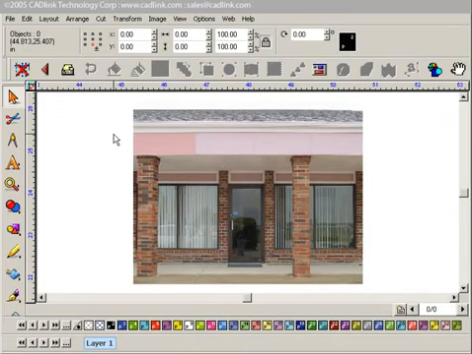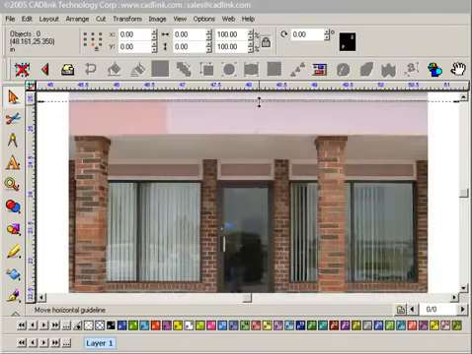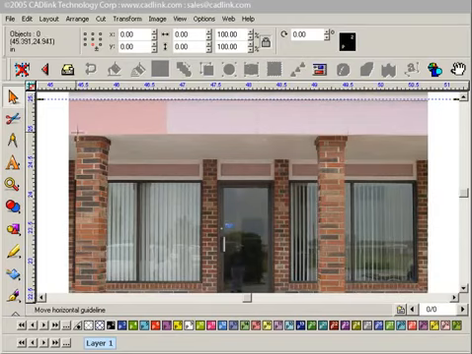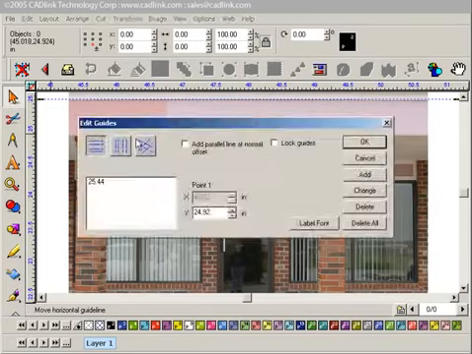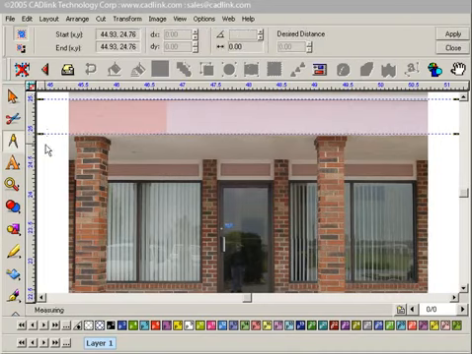So to start off, I'm going to want to add some guidelines to my image. So I'll right click, click OK, and just position this at the top of our working area. And I'll right click to add another one and position it at the bottom of our working area. So having done that, I'll want to select my measure tool flyout and choose measurement. And I'm going to left click on the top nub, and I'm going to left click on the bottom guideline